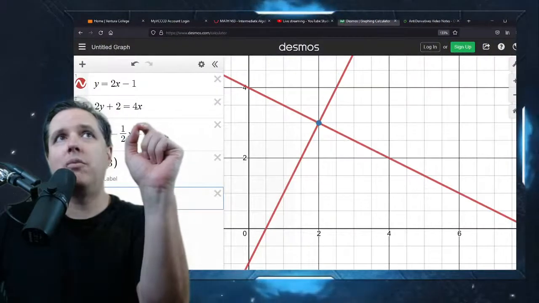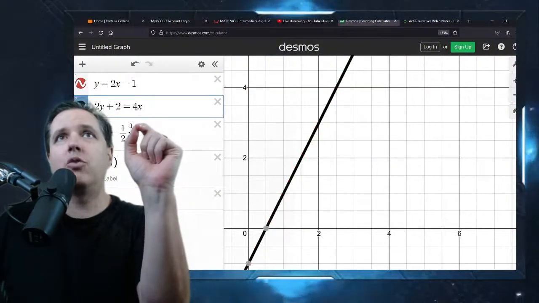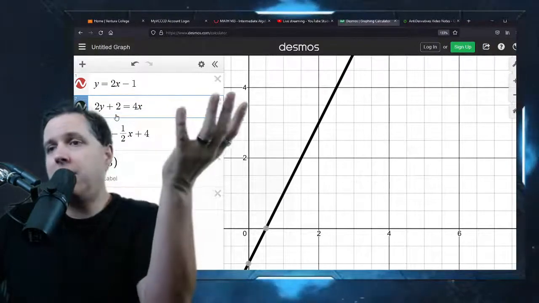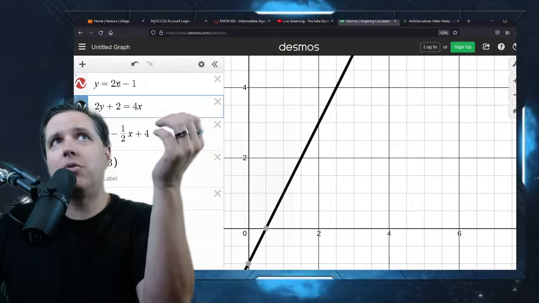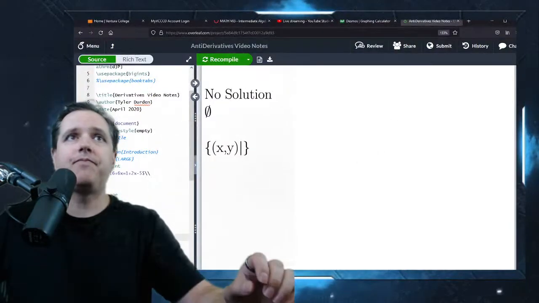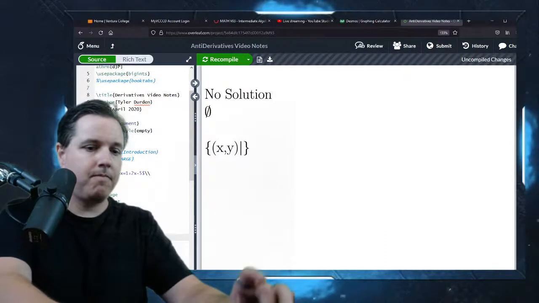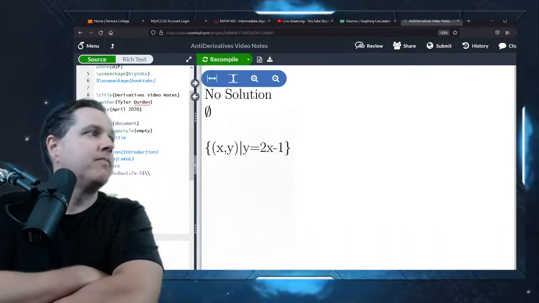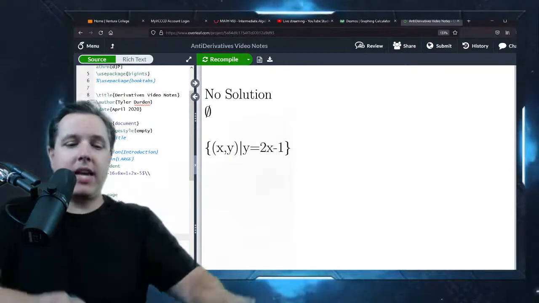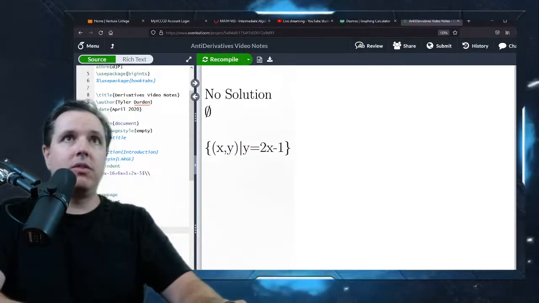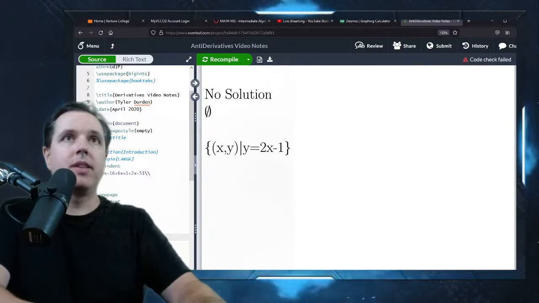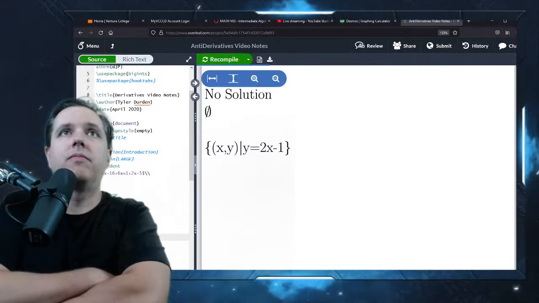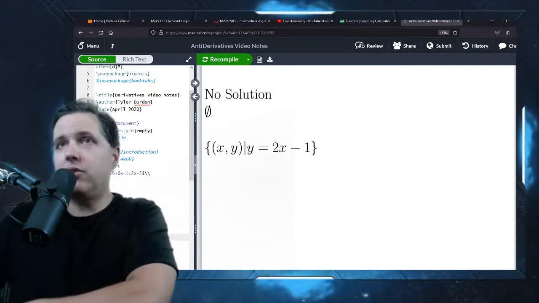Well, think back to our problem. What did we have here? The ordered pairs that worked were the ones that satisfied these equations. So just pick either equation and write it in there. I'll choose the simpler one, y equals 2x minus 1. Okay, so I should put it in math mode so it looks better. Here, we've completed it now.